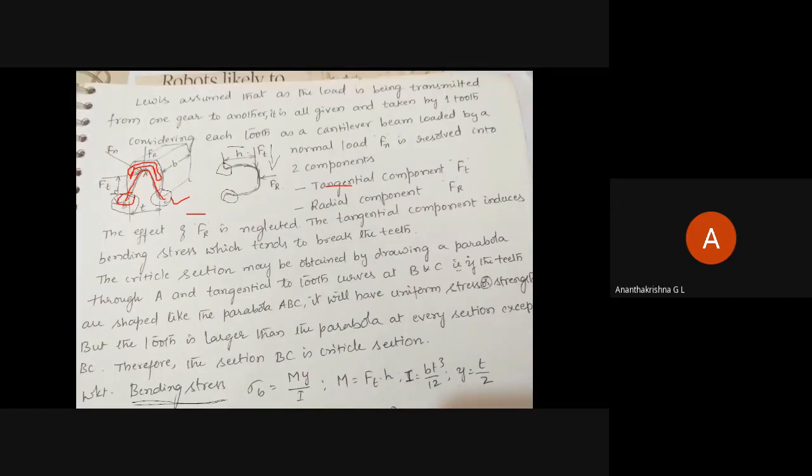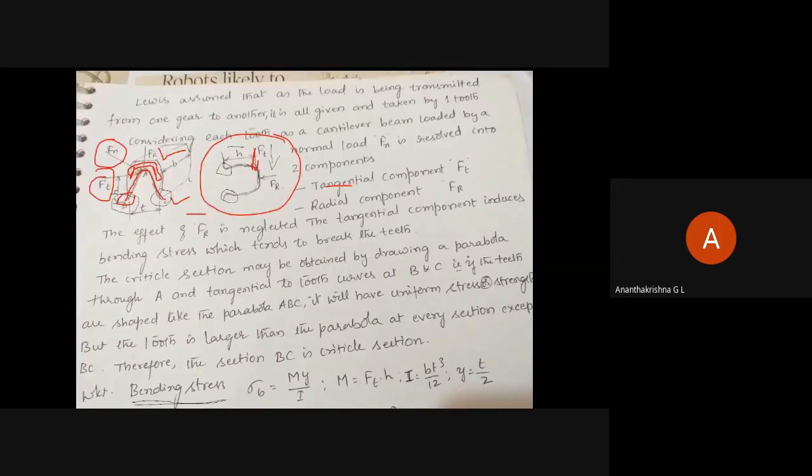For the gear tooth, the force that is acting is the normal force, which can be resolved into tangential force and radial force. Radial force is neglected, and what we have is only the tangential force. The gear tooth then becomes like a cantilever beam subjected to load Ft at its free end. And h gives the height of the gear tooth, that is addendum plus dedendum put together. Radial force is neglected as usual because it has no effect on the strength of the beam.